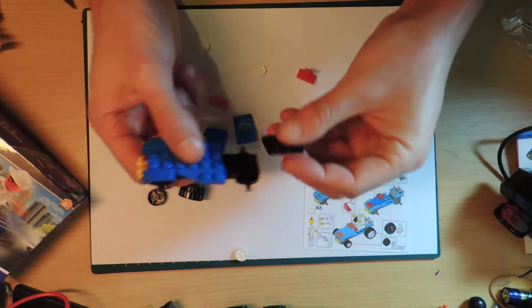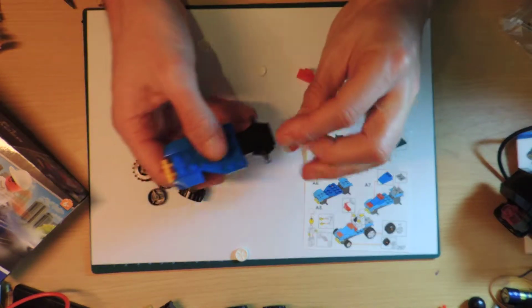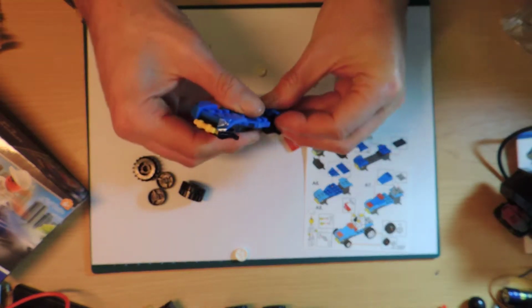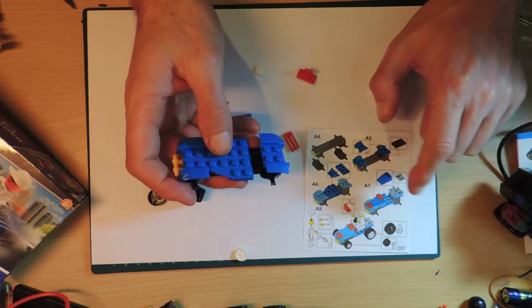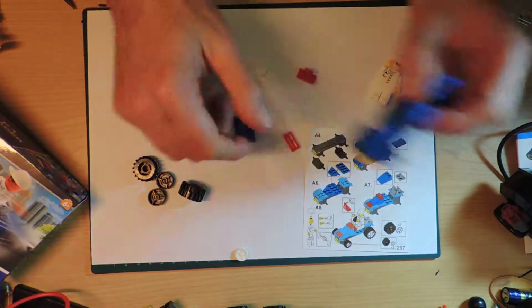Oh wait, so this one has the black bit going on first, and then that one goes there. So that makes sense. So I've got to read A5, so we're up to A6. We've now done A6, and now we're going to do A7,